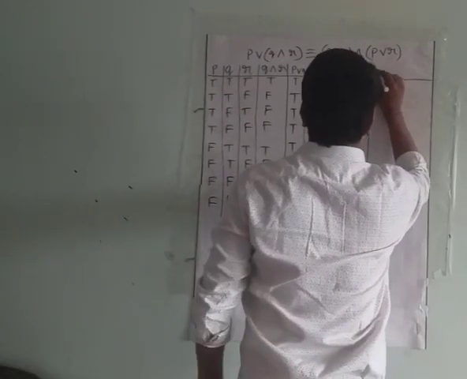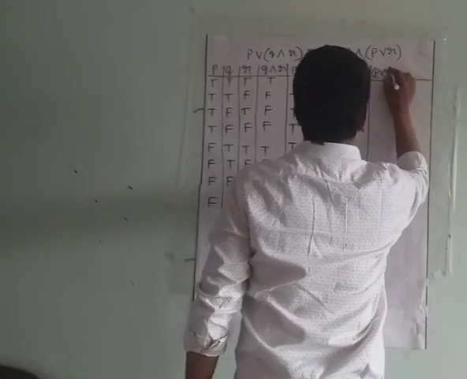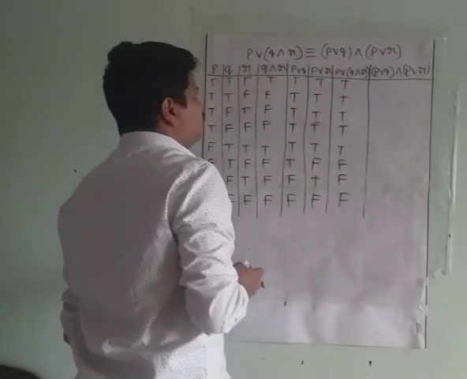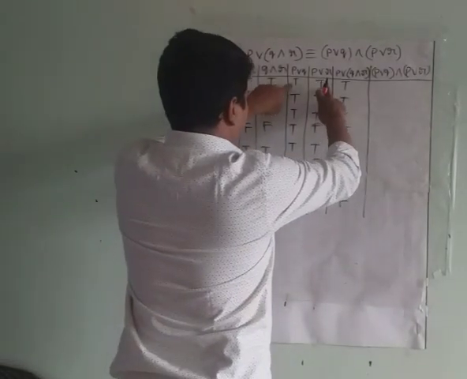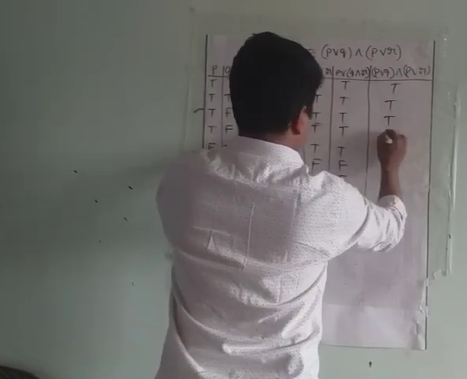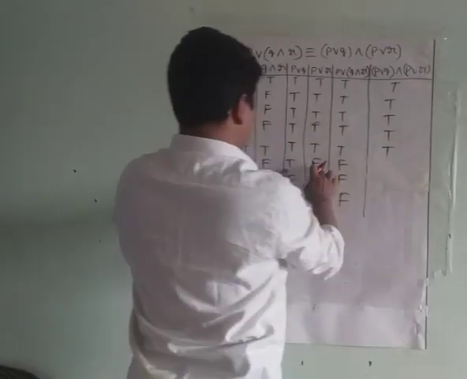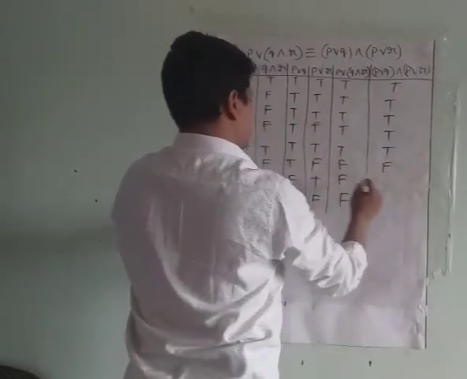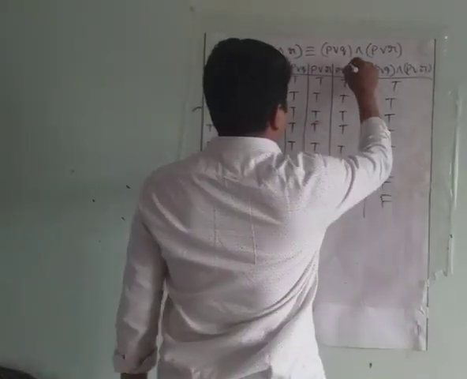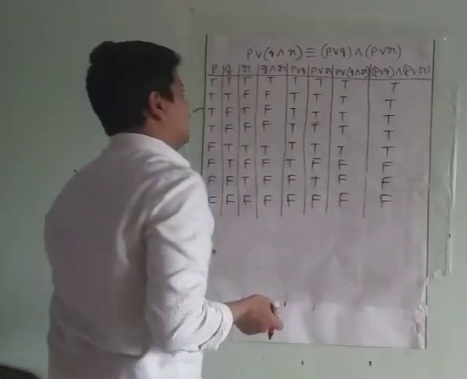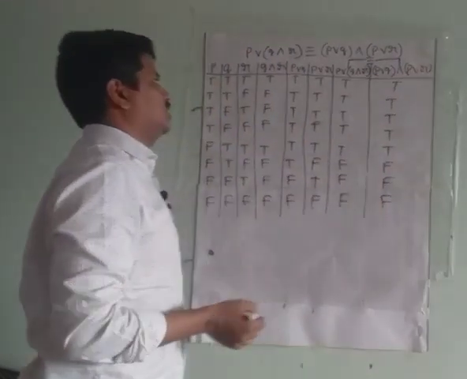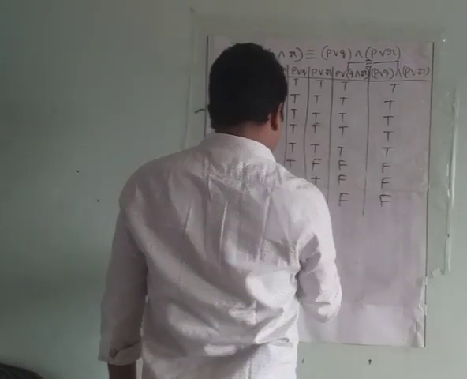Now this one, (P disjunction Q) conjunction (P disjunction R). That is, the operation of conjunction is to be performed between these two. TT will be T, TT will be T, TT will be T, TT will be T, TT will be T, TF will be F, FT will be F, and FF will surely be F. Here you can see this column and this column are exactly identical, and this is equivalent to this. Therefore, P